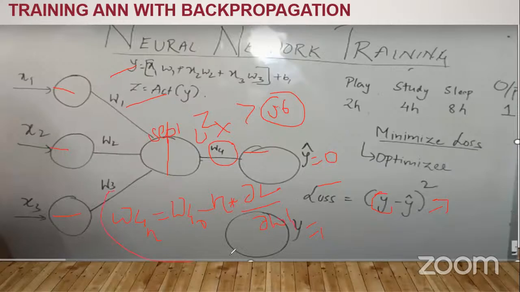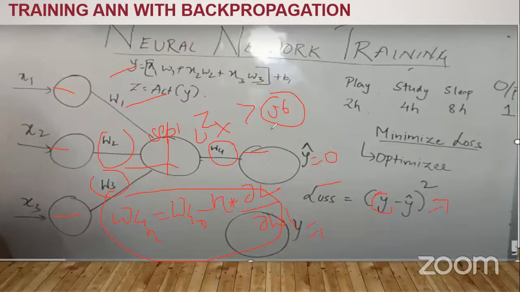This is what is happening currently in a single layer. When we move further, we'll also talk about W3, W2, W1, but the formula will be the same. If it's W3, the new weight will be the old weight minus the learning rate multiplied by the derivative of the loss function